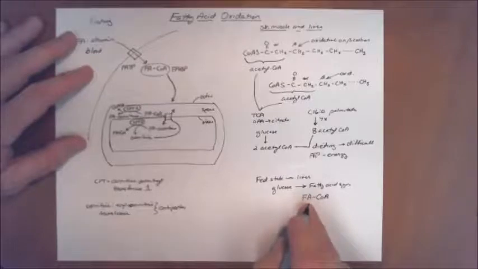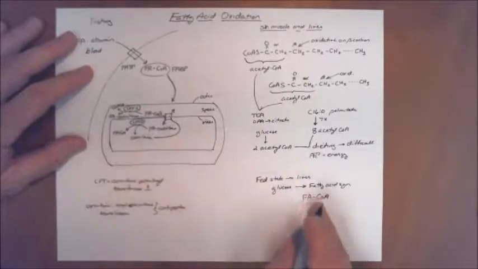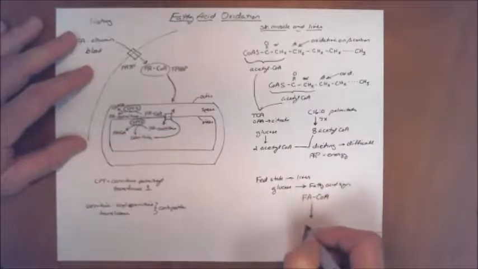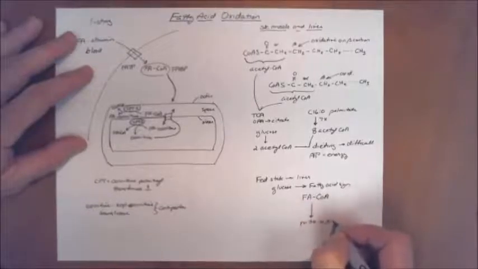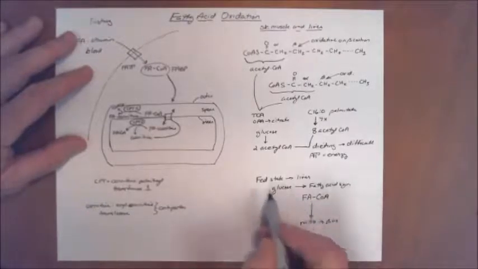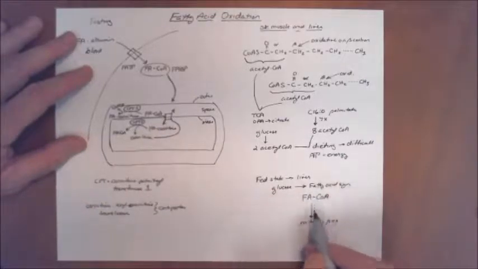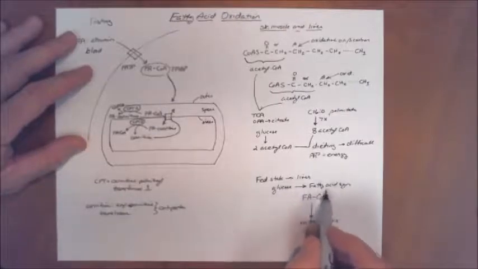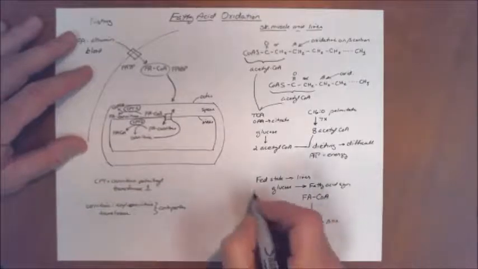Now the question becomes, since there's a lot of mitochondria present in the hepatocyte, what prevents the fatty acyl-CoA from entering the mitochondria for beta oxidation? This would be a futile loop in the fed state in the liver. We make the fatty acid from glucose, it enters the mitochondria, we break this down by beta oxidation, and we lose all the energy that we've stored in the fatty acid. Well, recall